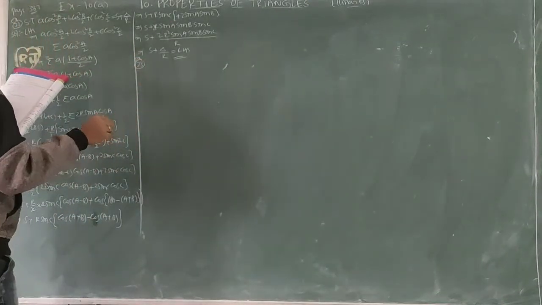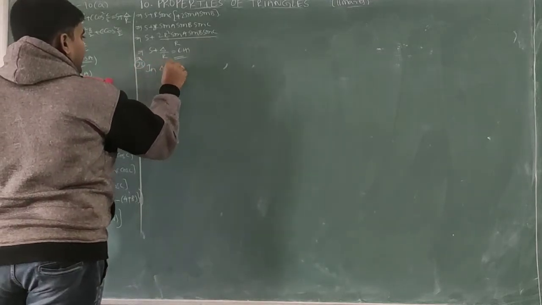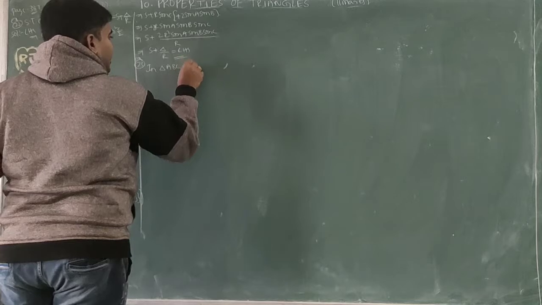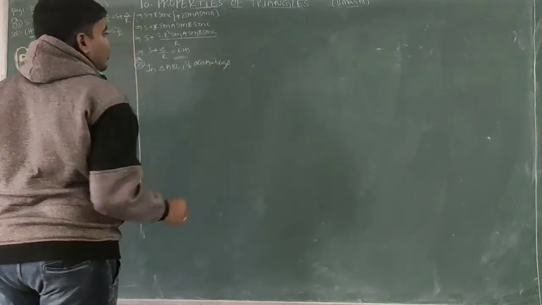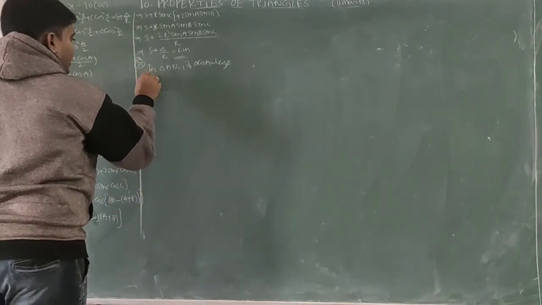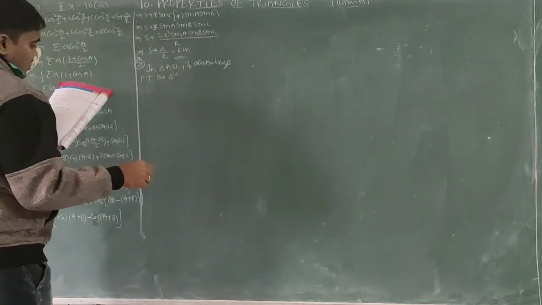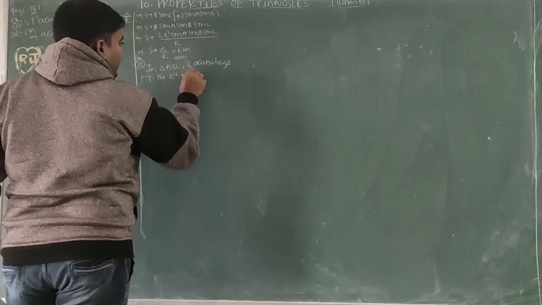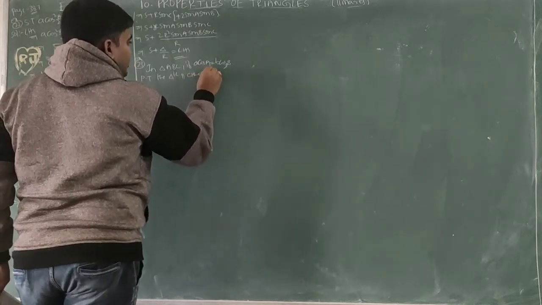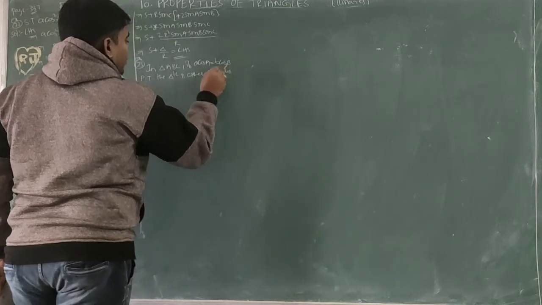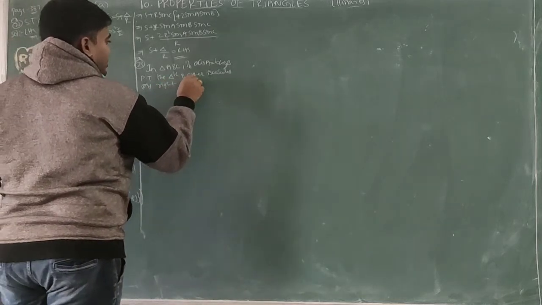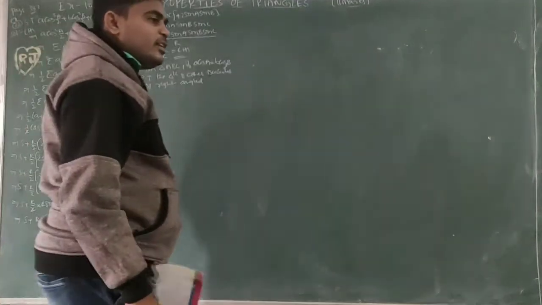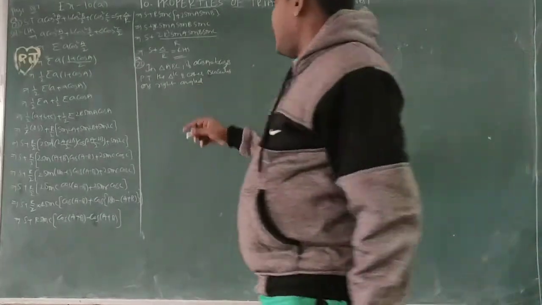Example 23. In triangle ABC, if a cos A equals b cos B, prove that the triangle is either isosceles or right angled. Solution: